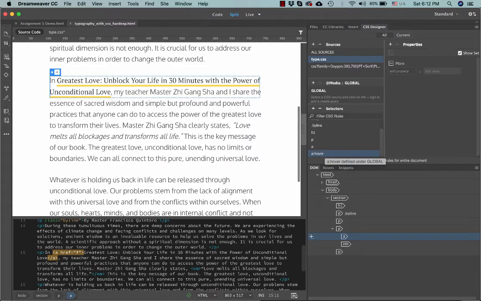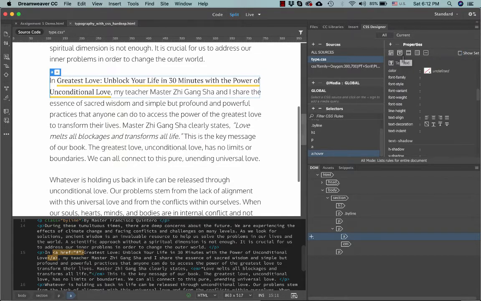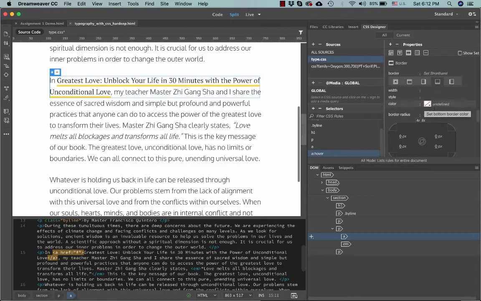This selector will only apply when the mouse hovers over the link. I turn off Show Set, go up to Text Properties, change my font color to this, and my border color